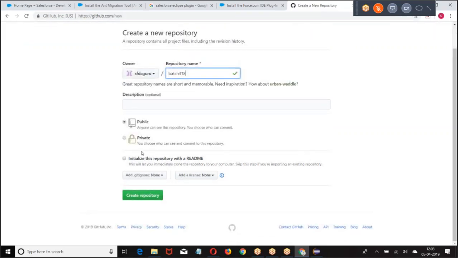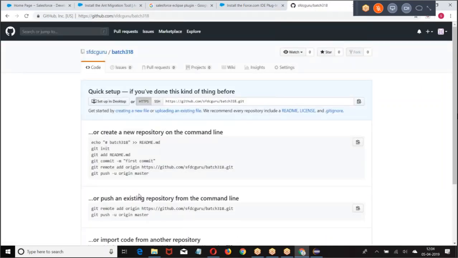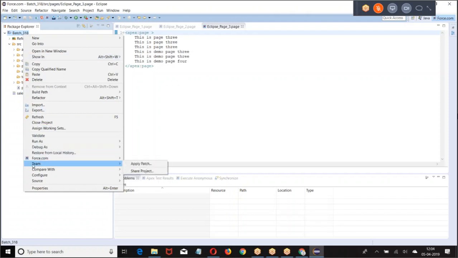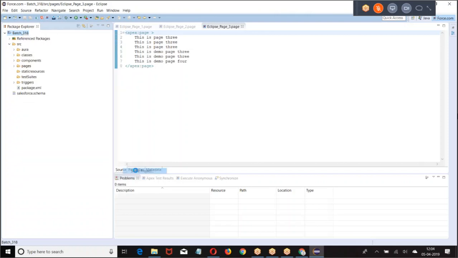Is it public? Yes, public. Do you want to add any README document? Not required. I created a repository. Then we got a URL here, right? It's very important. Go back to this. Give a right click. What was the option here? Team. Share the project.